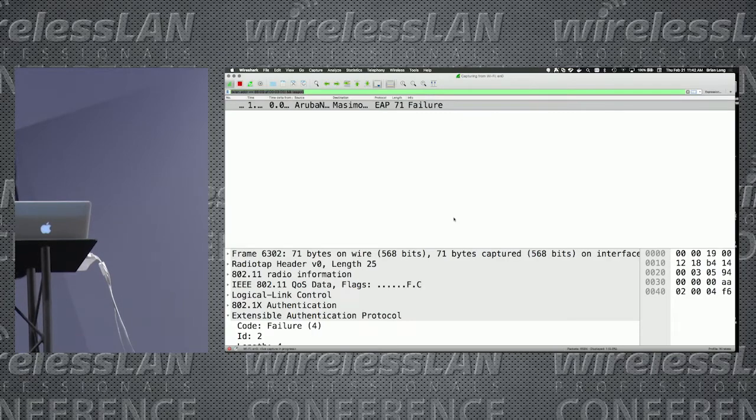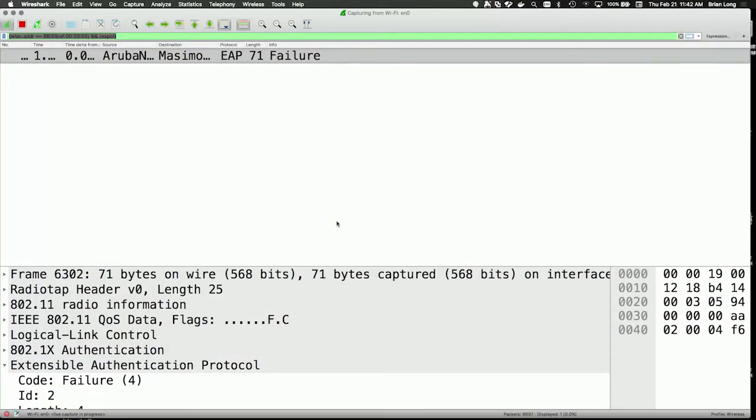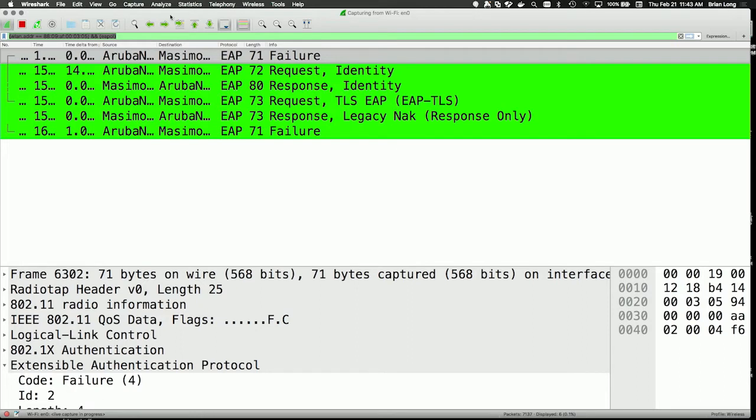All right, we'll let this go through one more time here, but you see that it fails. Of course it fails because it can't find the cert. So after you do the identity request, identity response, the server and the client are going to negotiate which type of EAP authentication is going to be utilized. In this case, the server is saying we want to do EAP TLS, but the client can't do it because it's misconfigured. Okay? So you can quickly see in a packet capture, five frames there, that if you have a misconfigured client,